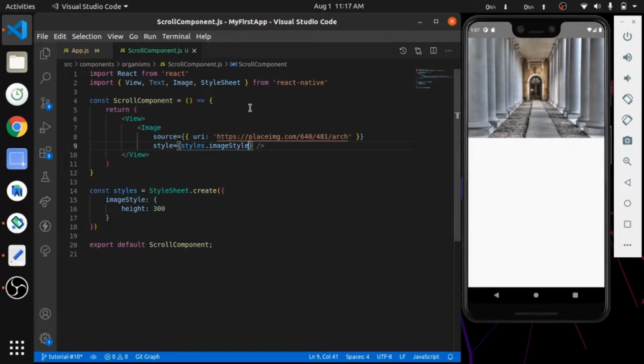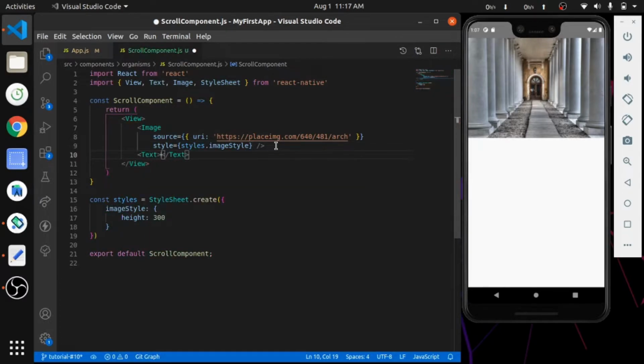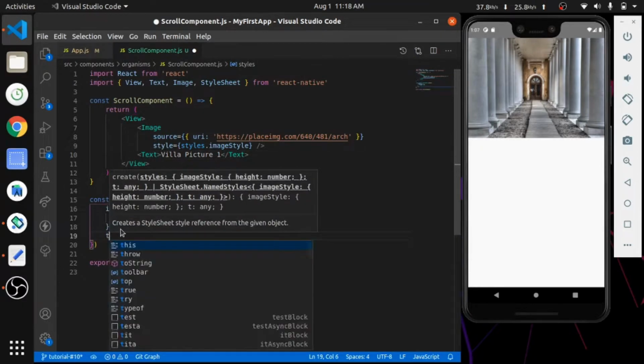I'm going to add a text here, and give it styling.